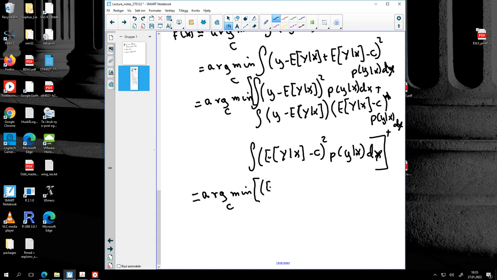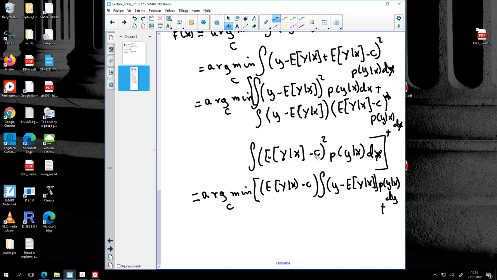So it's the expectation of y given x minus c times the integral of y minus the expectation of y given x, p of y given x dy, and then plus